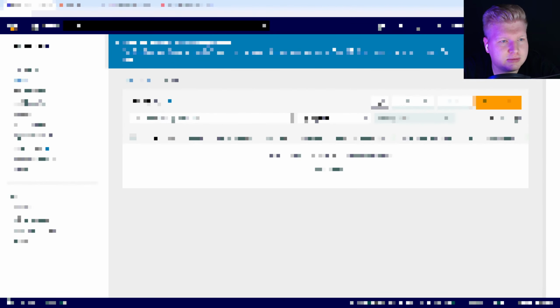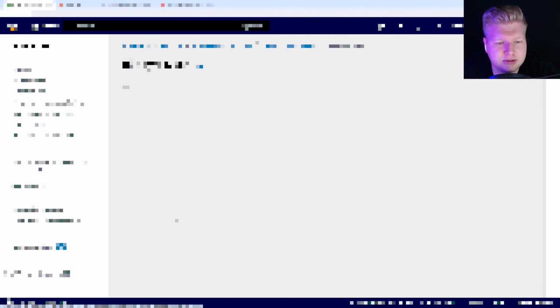Let me check quickly my S3 buckets, if there is any bucket. It could be saying like SST asset, SST state. Okay, found this bucket which is storing the state, but it doesn't clean up if I remove the app.